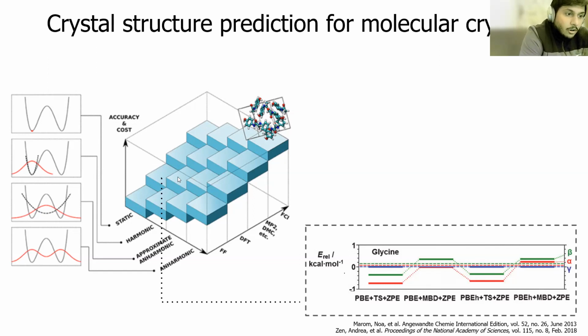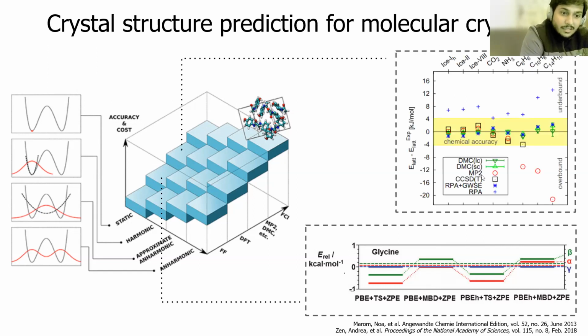On the other hand, you have this very nice paper where they try to scale up correlated electronic structure methods like coupled cluster, diffusion Monte Carlo, and the random phase approximation with some corrections. And of course, here you can see DMC. I've put this in the same category as MP2, but actually DMC is much more expensive and much more sophisticated. So what they have really tackled is this problem of relative stabilities. Even though they have used static atoms, they have gone to very high levels of theory. But still,